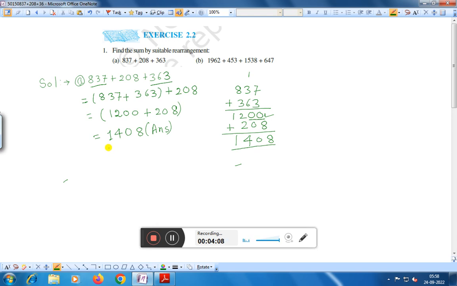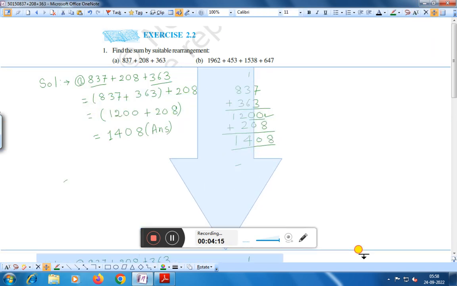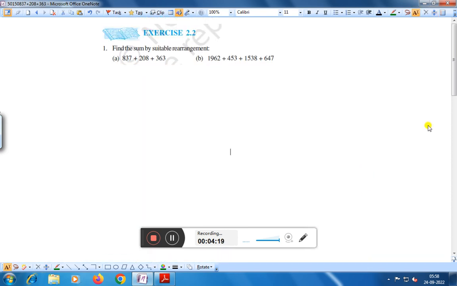Now we will do question number B. In B also, here you see, now we are doing question number B. The numbers are 1962 plus 453 plus 1538 plus 647, right. We have to add the numbers in such a way that the